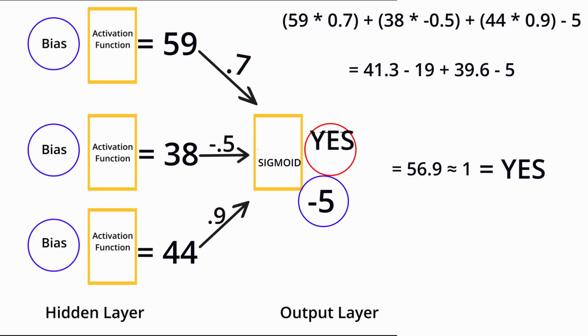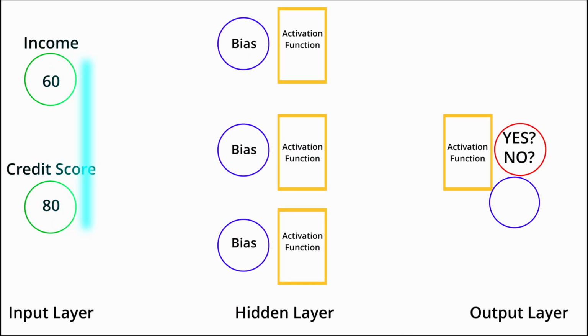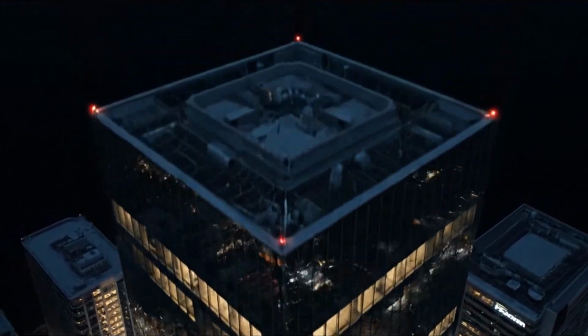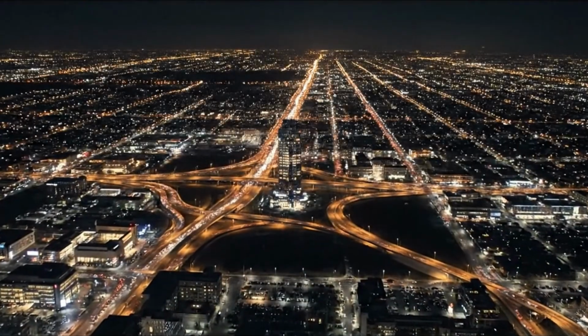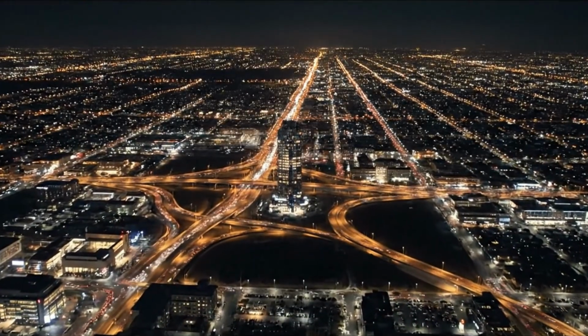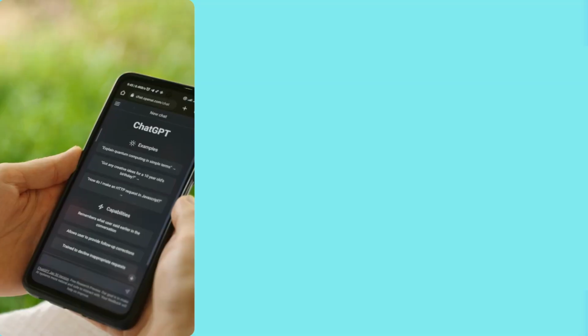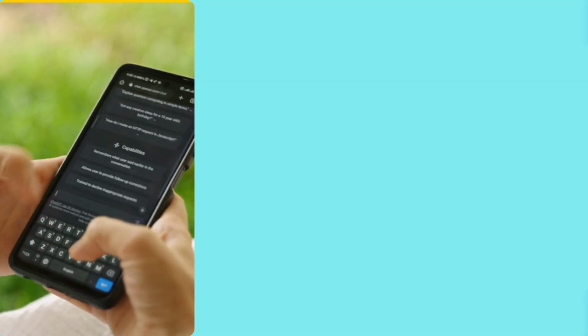And that's it. That's the core of how a neural network works. We took data, pushed it through a network of simple calculators, and got a decision. The intelligence isn't in any single neuron. It's in the complex patterns of all the weights and biases learned from the massive amounts of data. This was a tiny example, but the same exact principle powers the AI in your phone, your social media feeds,